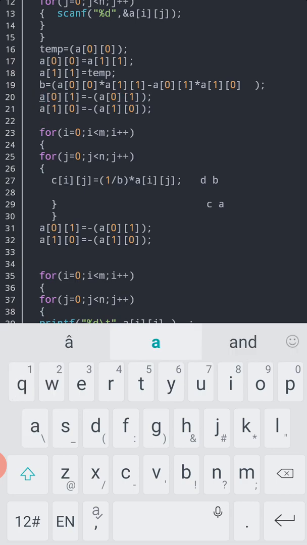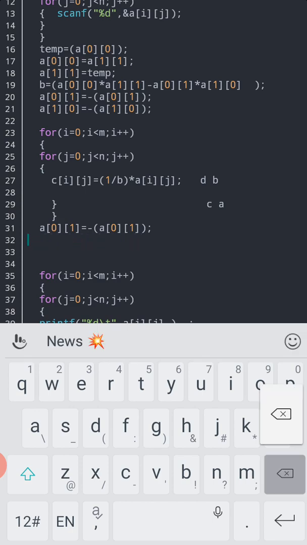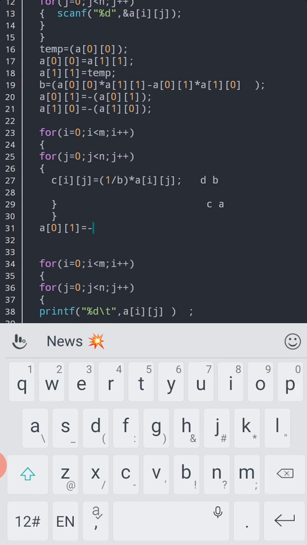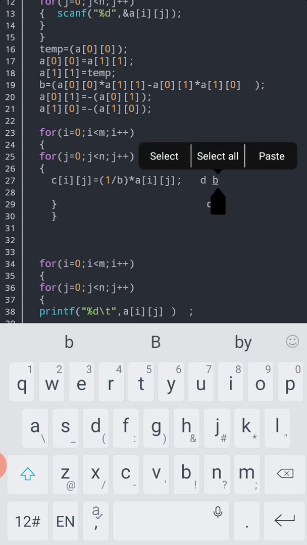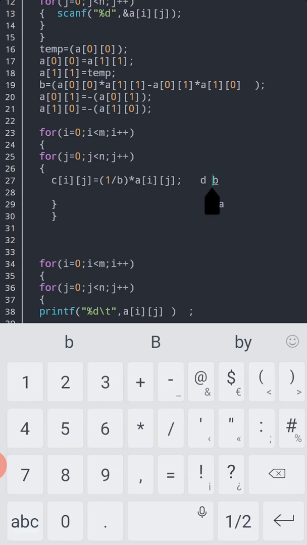Now the thing is done. We need to delete this here, as we add negative. If A, B, C, D are variables, we can get minus B and minus C. These are the values of the variables when I added these things.